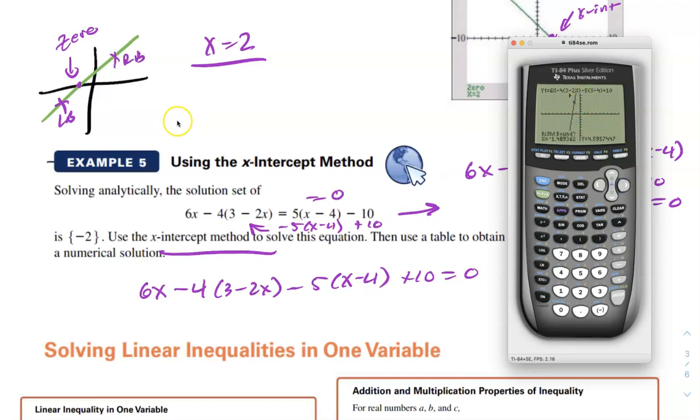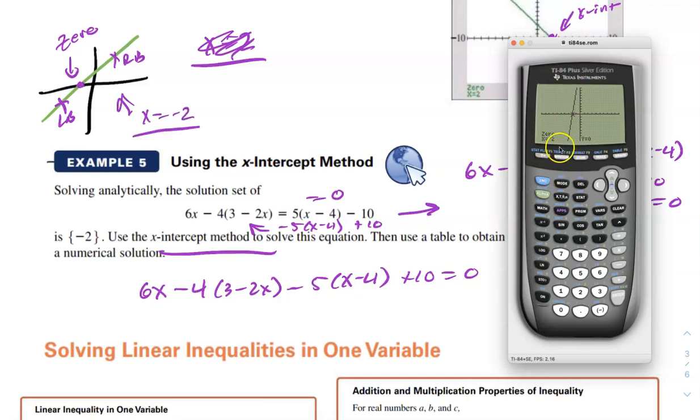Now what the calculator is doing is searching in between these two values to find the actual 0. So when I hit enter, it's like, okay, that's the right bound. Then it asks for a guess. It doesn't want you to guess; it just means, do you want me to go through the mathematics to estimate the answer? That's why it's a guess. You hit enter, and then it does it, and it finds -2. I guess that was the last problem. This problem is x equals -2. So that's the way it goes. That's how you find your